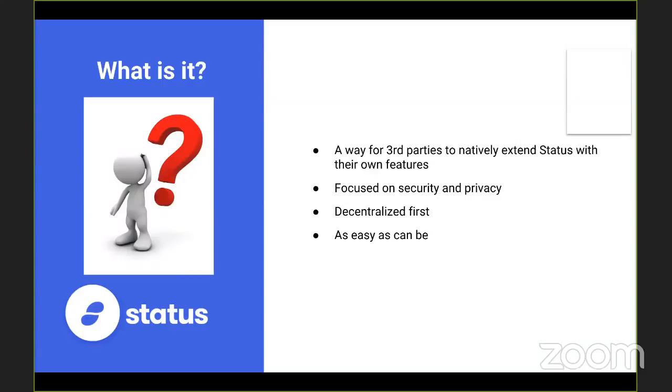All right, so what are extensions anyway? Extensions are a way for third parties and third-party developers to extend Status and provide directly within Status, the application, their own features and plug in their own dApp-level application. They do this by leveraging Status features and with a native feeling. So there is no way technically to distinguish between a Status feature and an extension. And that's kind of the goal.